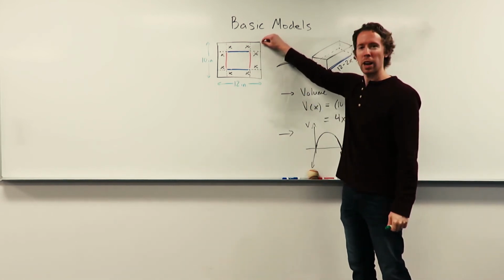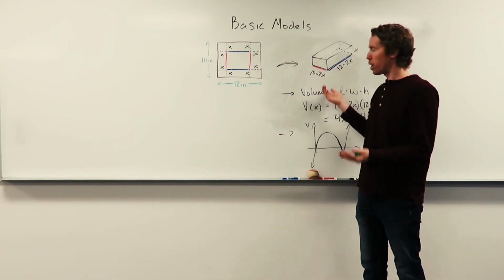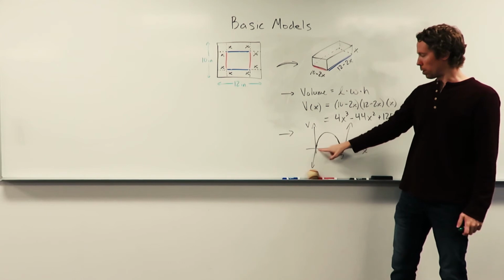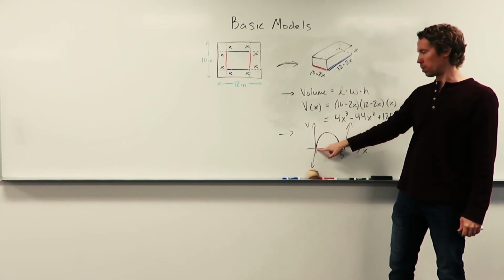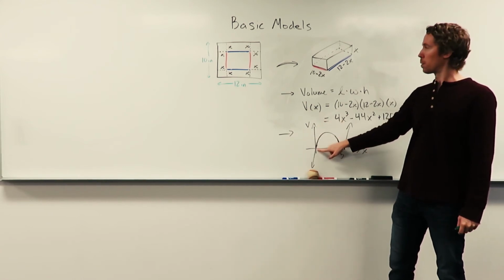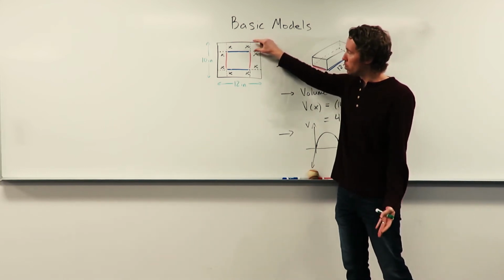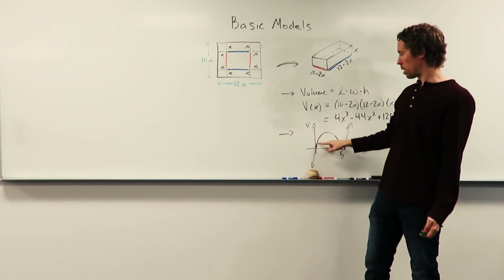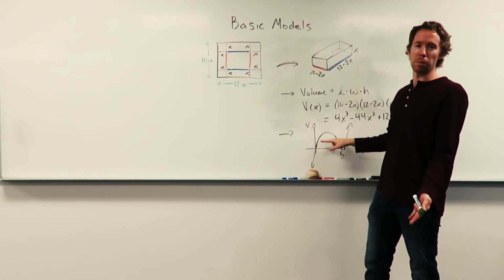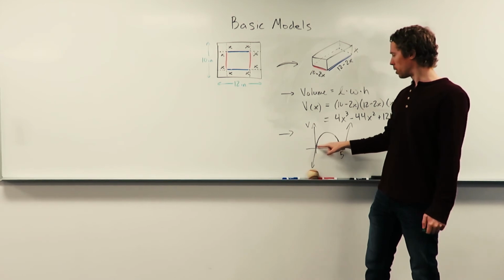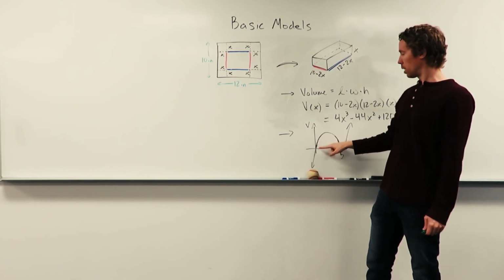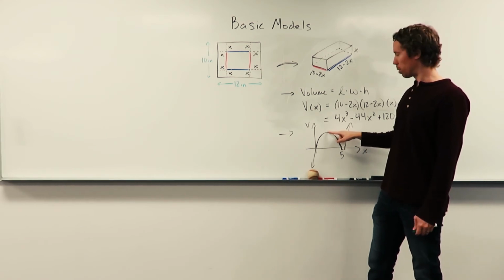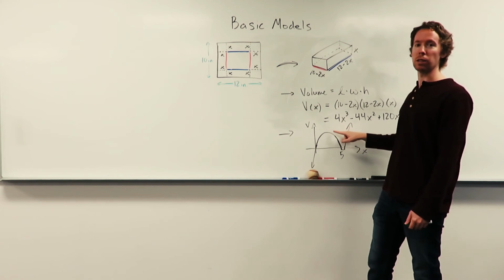If you don't make any cut at all, then you can't fold it up at all, so there's no volume in the box. So if x is 0, the length of the cut is 0, then the volume is also 0. But if you actually do make a cut, like let's say we cut 1 inch, then you come up to some volume. You actually get a positive volume. And then if you keep increasing x, your volume will keep increasing up to a point. And then at some point, your volume will start to decrease